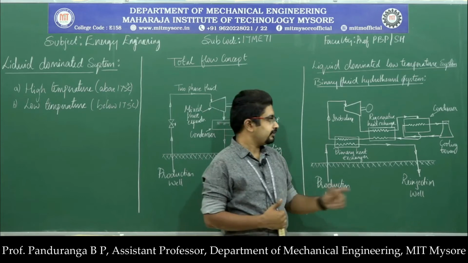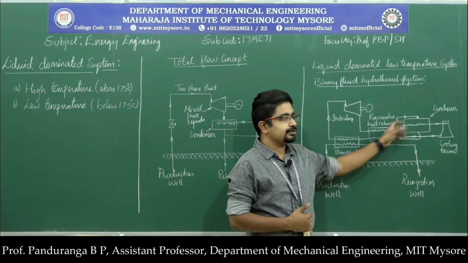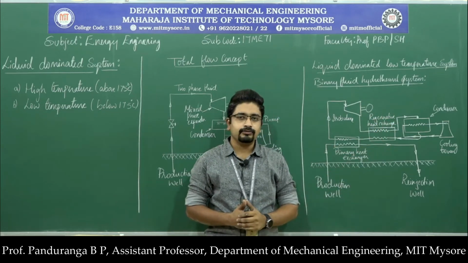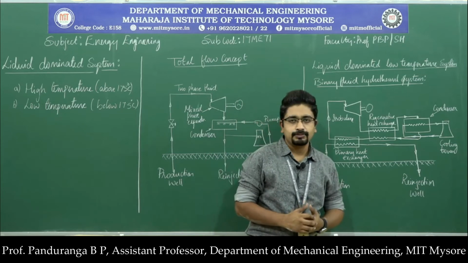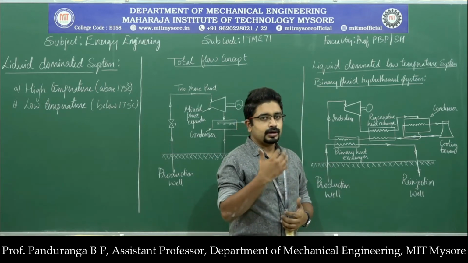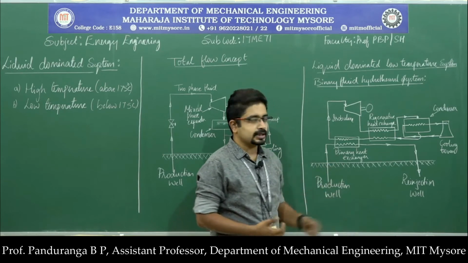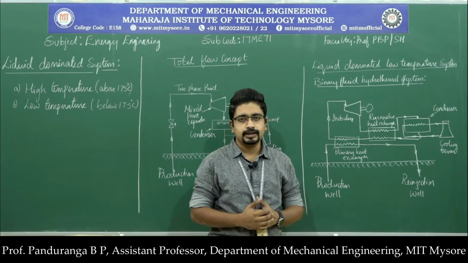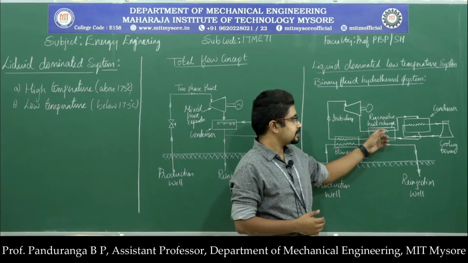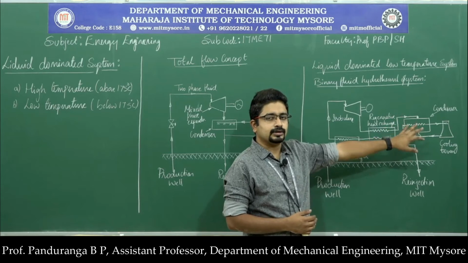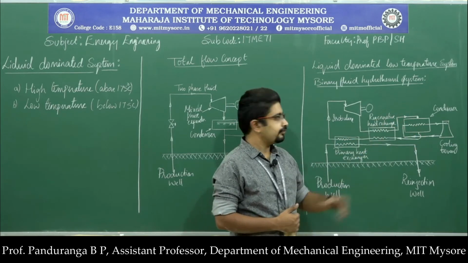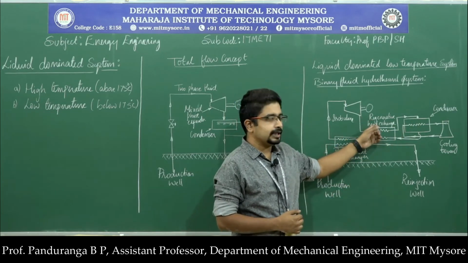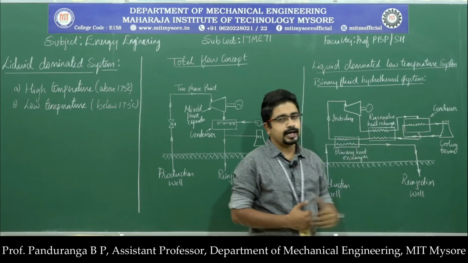So here, the isobutane coming out of the turbine will be a mixture of liquid and vapor isobutane. So before we supply that to the primary heat exchanger, we need to reduce its temperature and bring it back to liquid state. So we need to remove heat to bring it back to liquid state. For that purpose, here we have two different heat exchangers. One is the regenerative heat exchanger and the other one is the condenser.